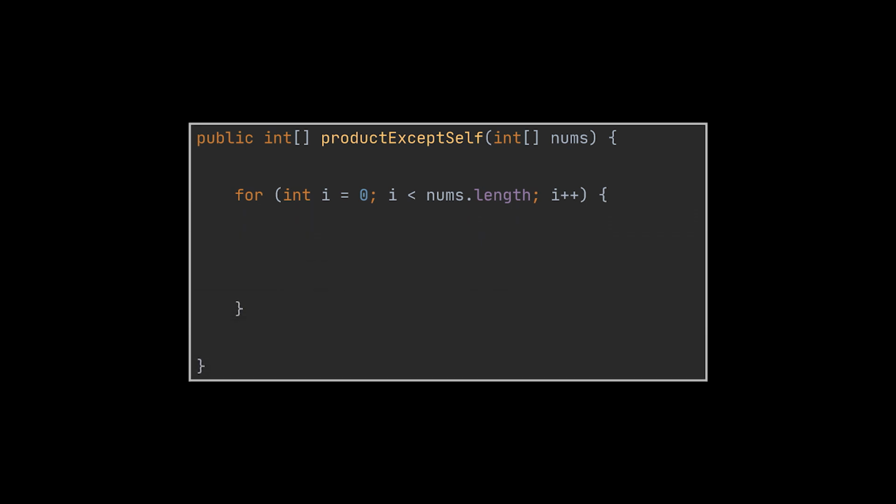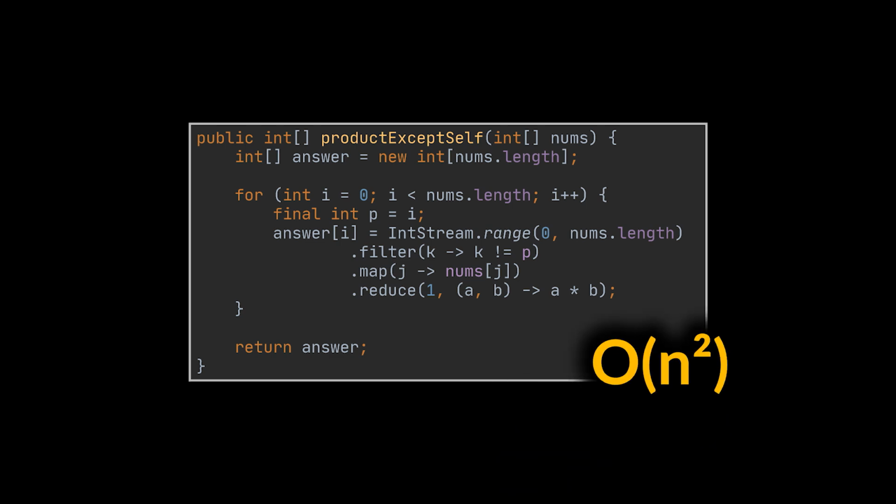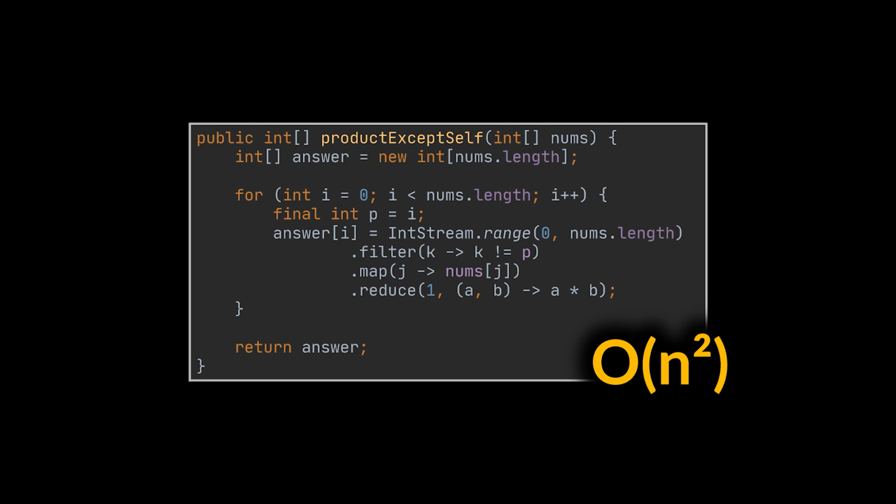Now, to solve this problem without making use of the division, we may start with the most obvious solution, and that's to loop over the array, and for each element inside this array we loop again over the array, exclude the index we are currently iterating over, and multiply the remaining values of the elements by one another. The result we get is stored inside our answer array at the current index. This solution works, but takes a lot of time to process since it is quadratic in terms of complexity, not to mention the extra conditionals added to exclude the current index.